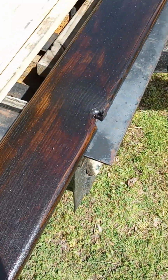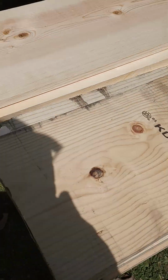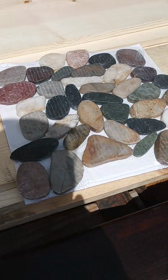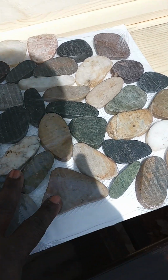So this is going to go on all of the base molding, all of the crown, all of the windows. It's going to look beautiful. And what we're going to do is, we already framed out the wood stove platform, so we're going to do this in